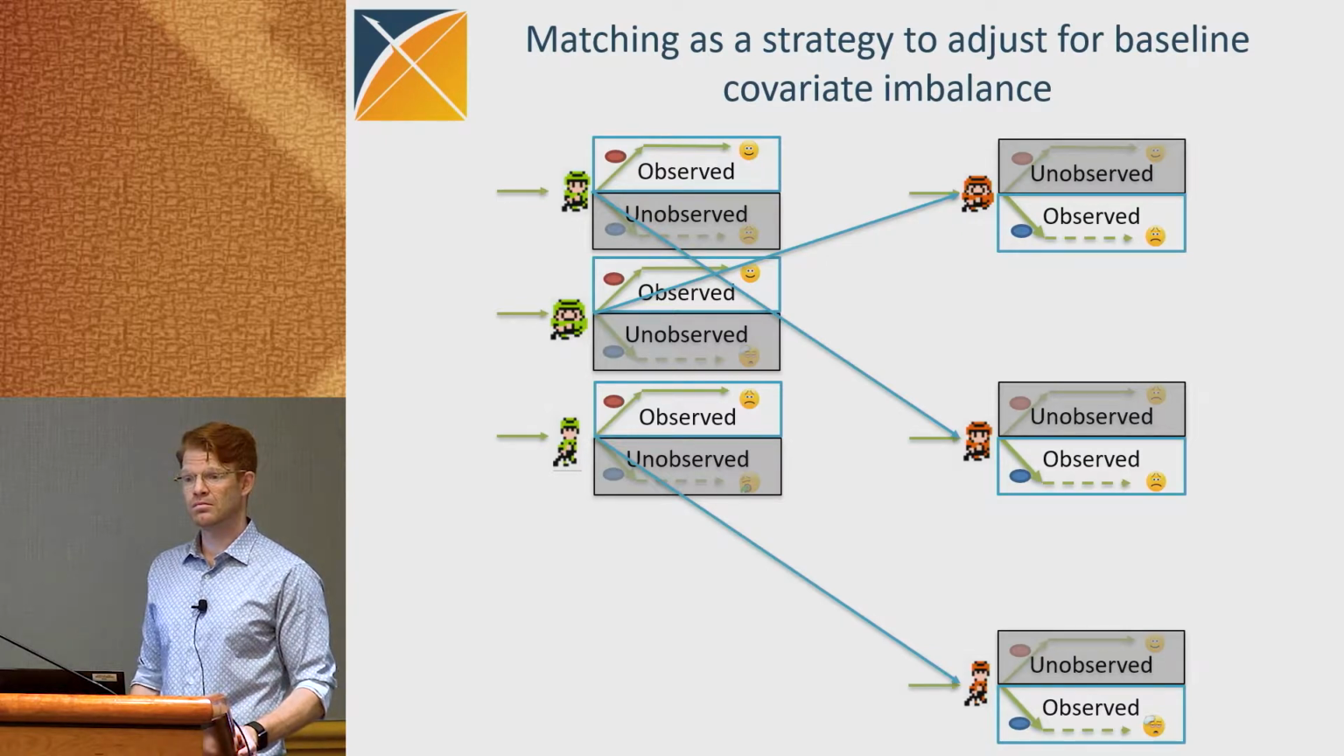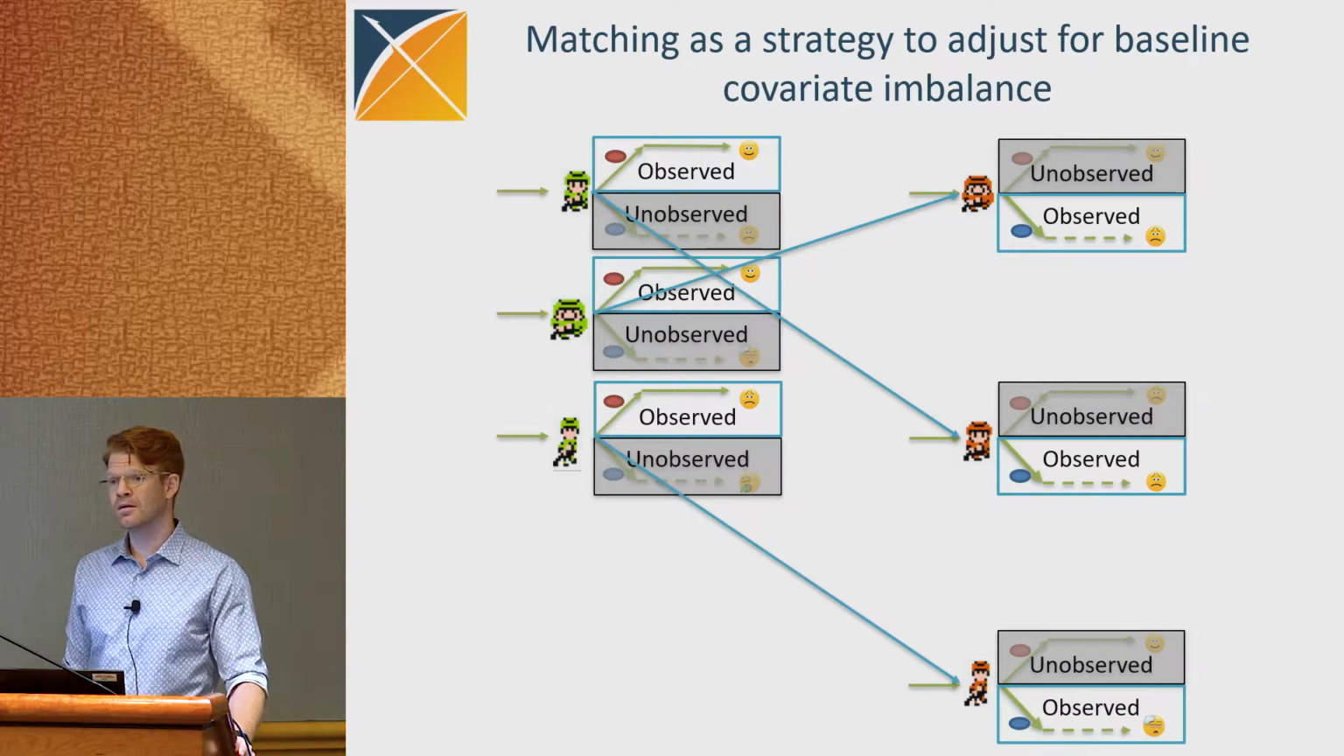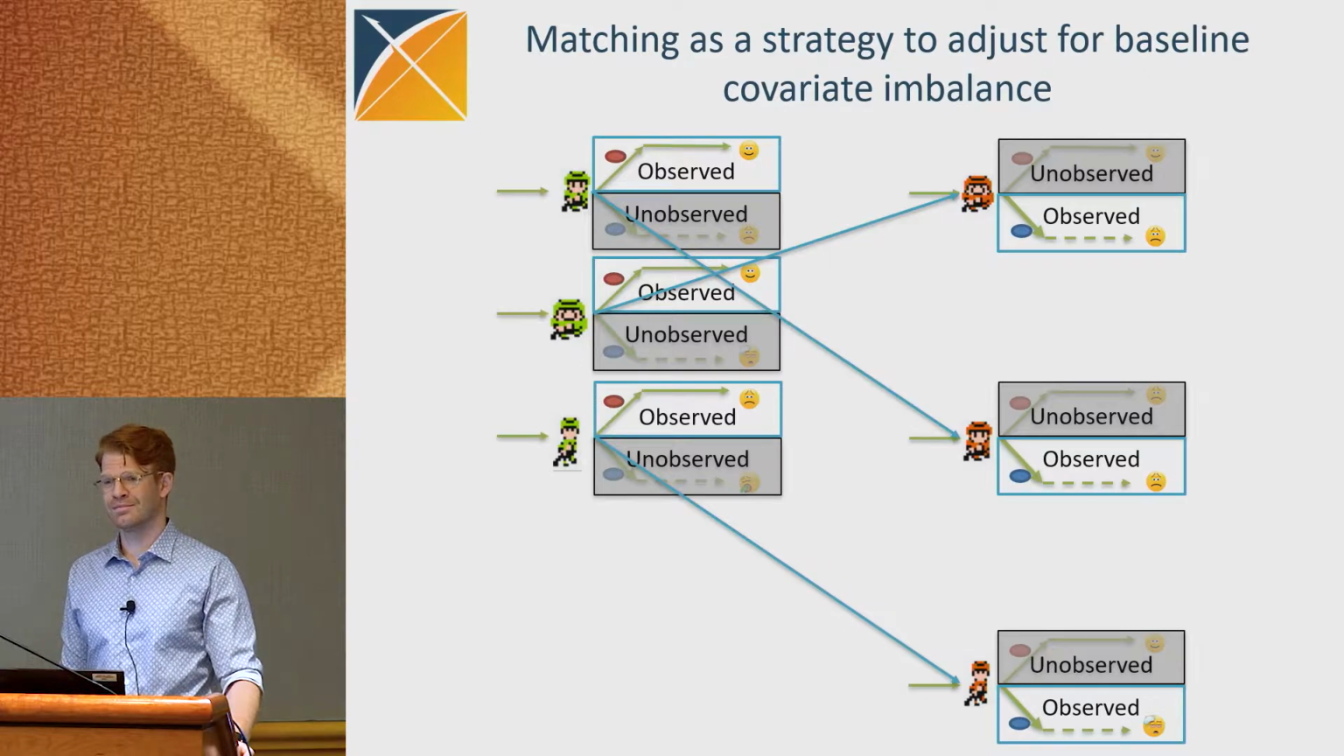So, this is one-to-one matching. I'm not familiar with variable ratio matching. How would that work? If you get multiple large people for the same large group, then how do you